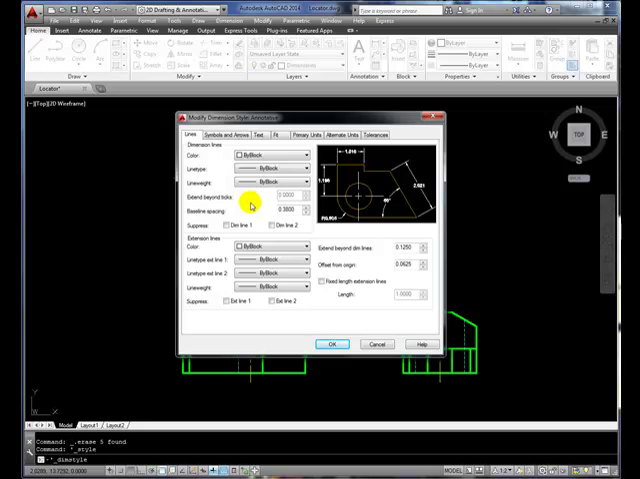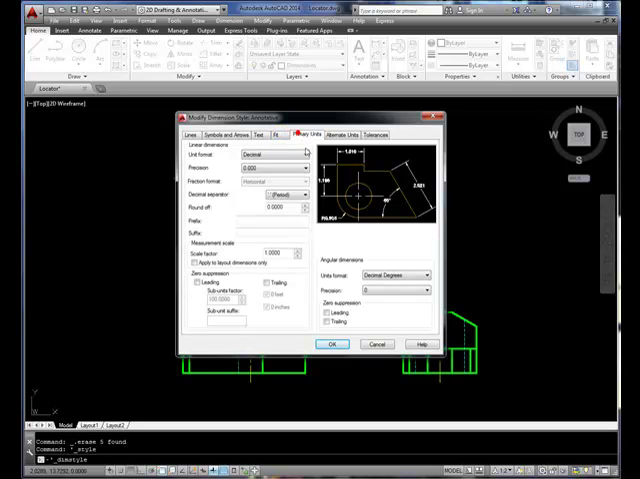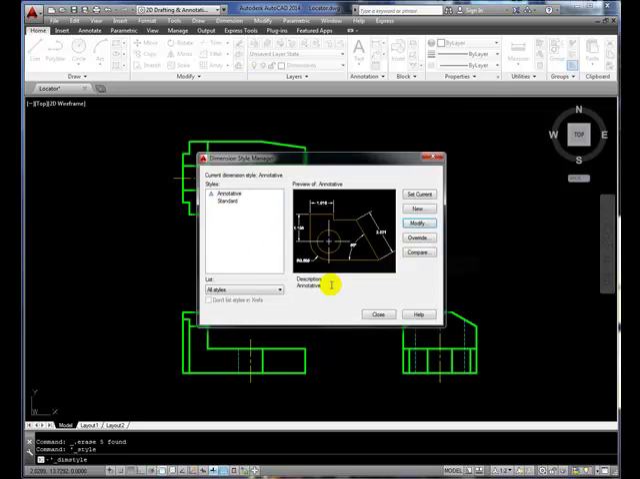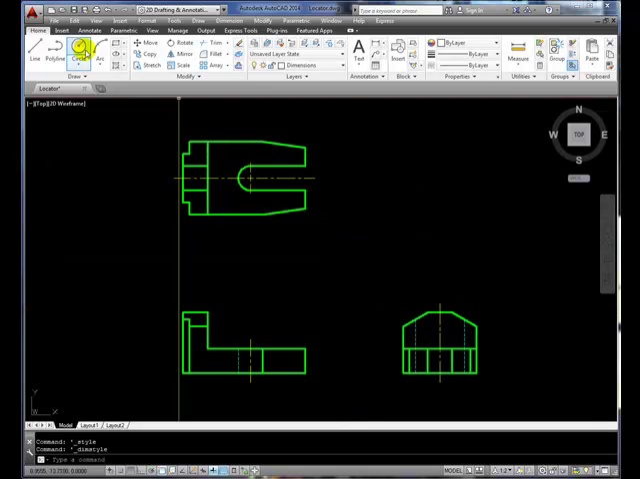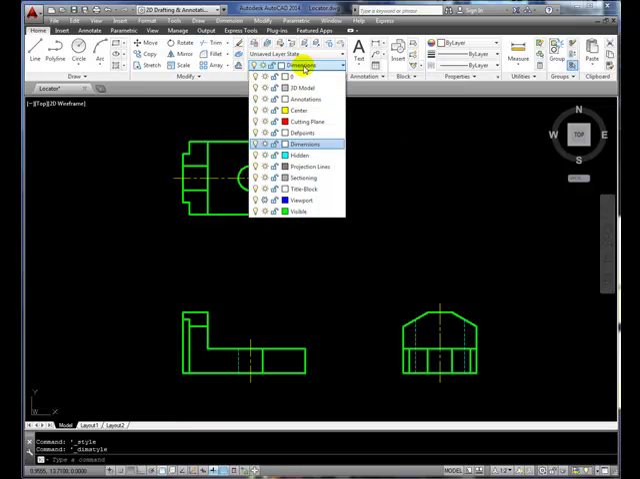Next, click on lines and change your dimension variables so that they reflect what you see right here. When you're done with that, click on primary units and change your dimension variables to reflect what you see on this screen. When you're done, click OK. Then click Close. Make certain that your dimensions layer is the active layer,